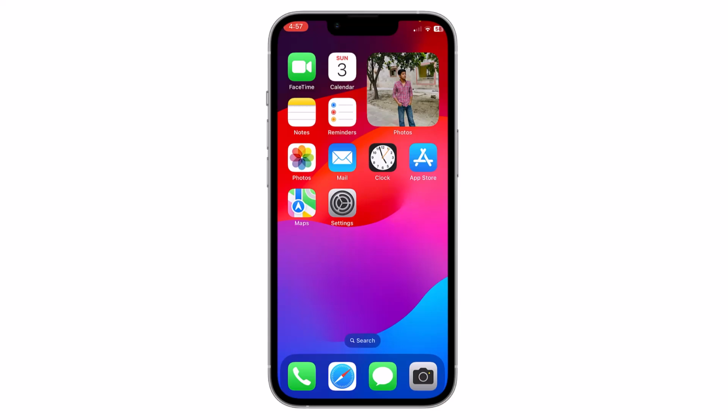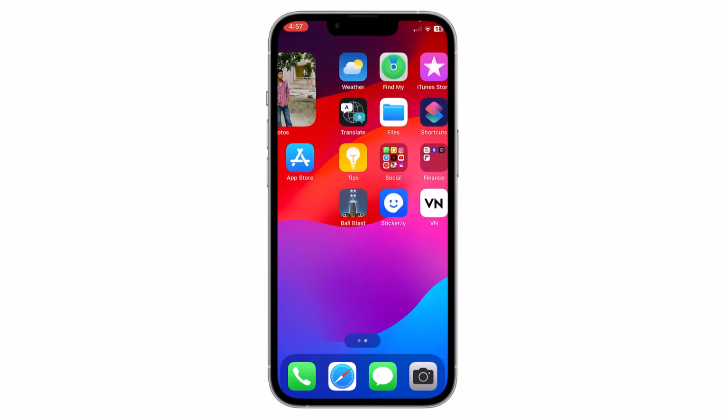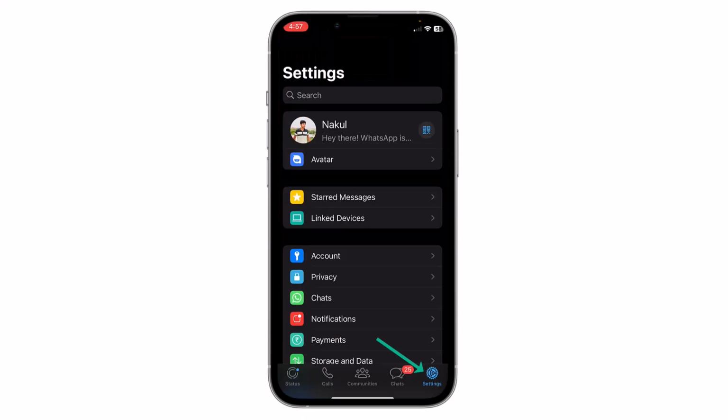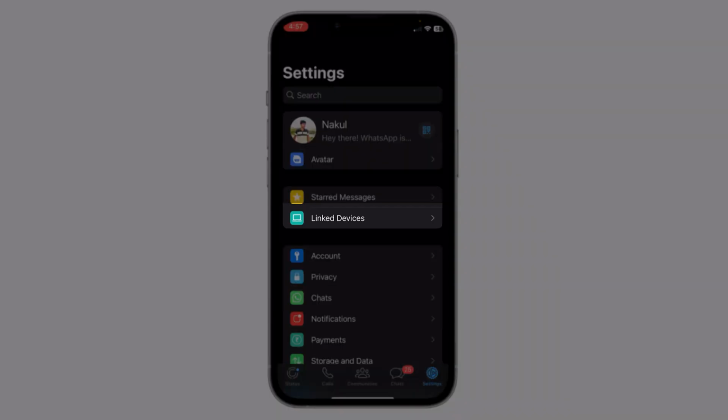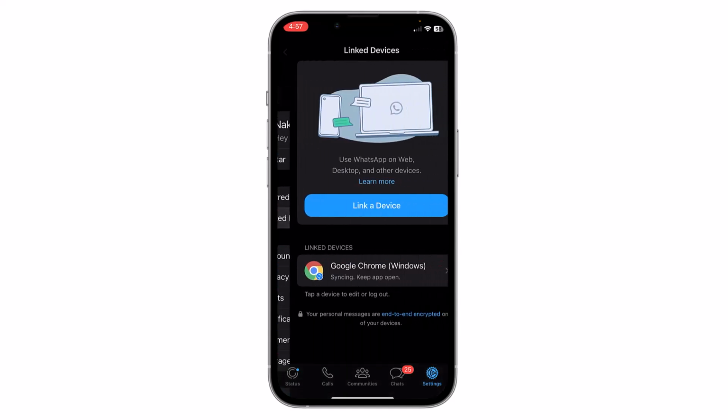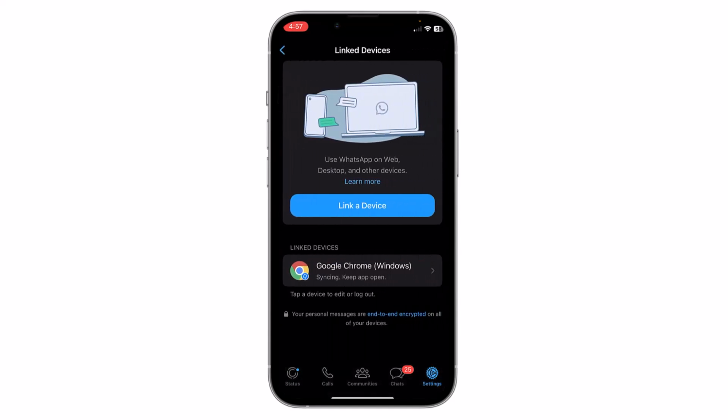So it's very simple. Just open WhatsApp on your iPhone. Tap on Settings in the bottom right corner of the screen. And now you will get an option of Linked Devices. Tap on this option. Here you will see a list of devices where WhatsApp Web is active, along with the